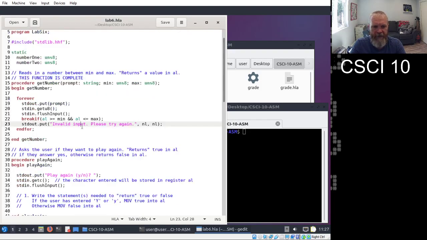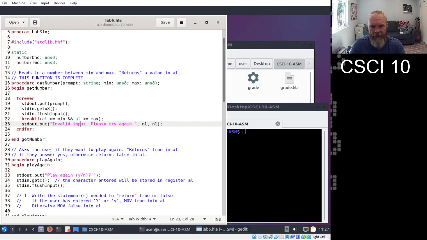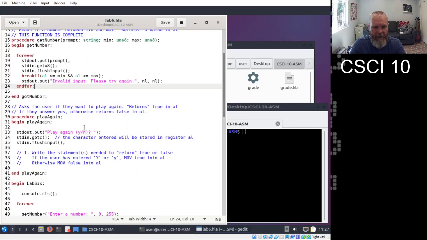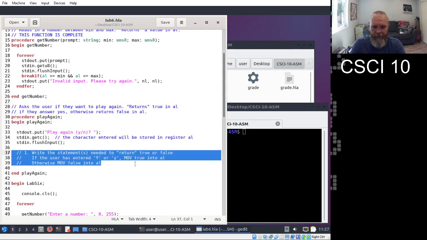Okay, so let's go down here and I'll just make sure that you are armed with enough information to get started on it or to finish it. And then I'll switch gears and look at project one a little bit. The get number function has already been implemented, so that's good. The play again function, you've seen this one a whole bunch of times now. It still has a piece in here just to give you some points for repeating a thing that you've done before.